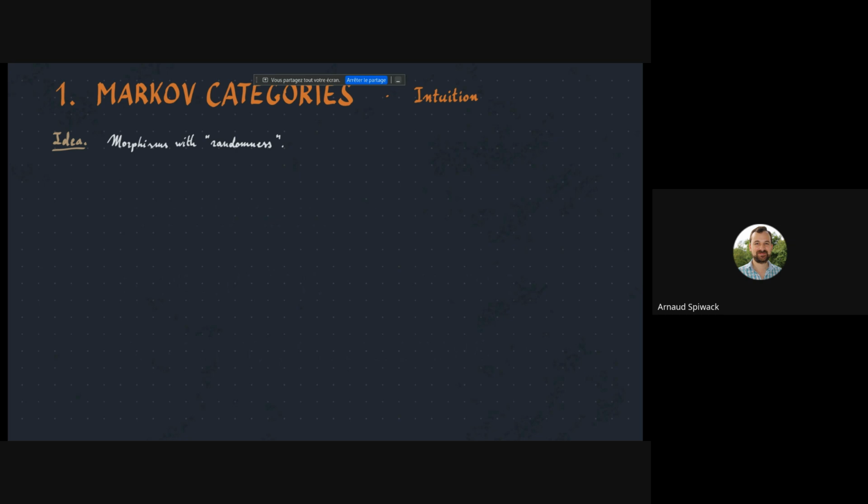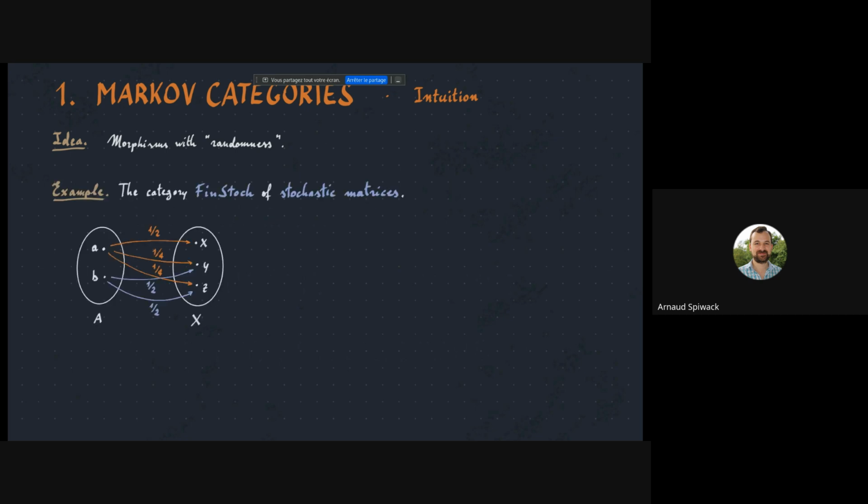The first idea of a Markov category is that it's a category where morphisms can be interpreted as having some sort of randomness in a very general sense. Let's first start with the interesting examples. Maybe the simplest non-trivial example is K-star, the category of stochastic matrices. Imagine your objects are sets like A and X. The morphisms are these arrows. This here is one morphism, and it tells you the probability of going from A to X, for example, and from A to Y, and so on. You can organize these in a matrix, which is called a stochastic matrix,